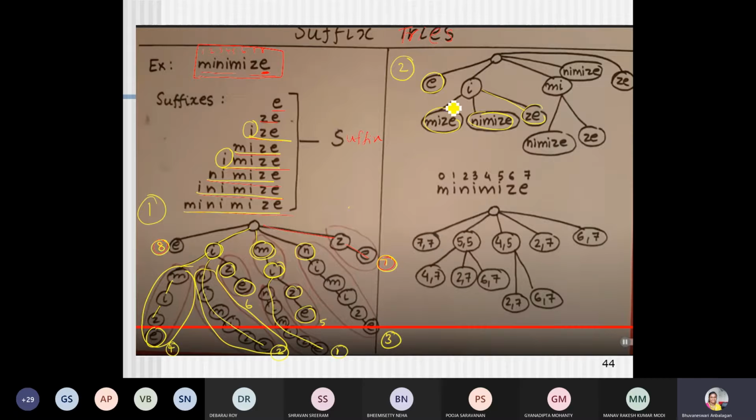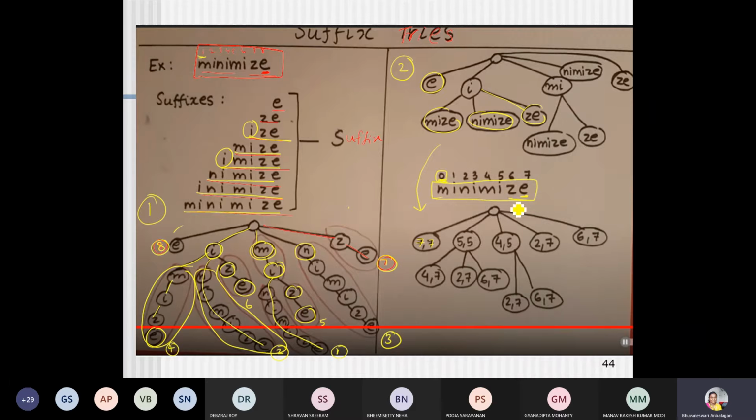The next thing is I will be creating this in the form of a vector. Already I have this in the form of alphabets. Now I'm going to convert this into a vector form for easy retrieval. So E starts from 7 and it ends at 7. So this is for E. Since we have started from 1 here, but now let's assume it starts from 0. It can start either from 0 or 1. It's up to you. But usually in the case of a data structure and array, you can start your index from 0.